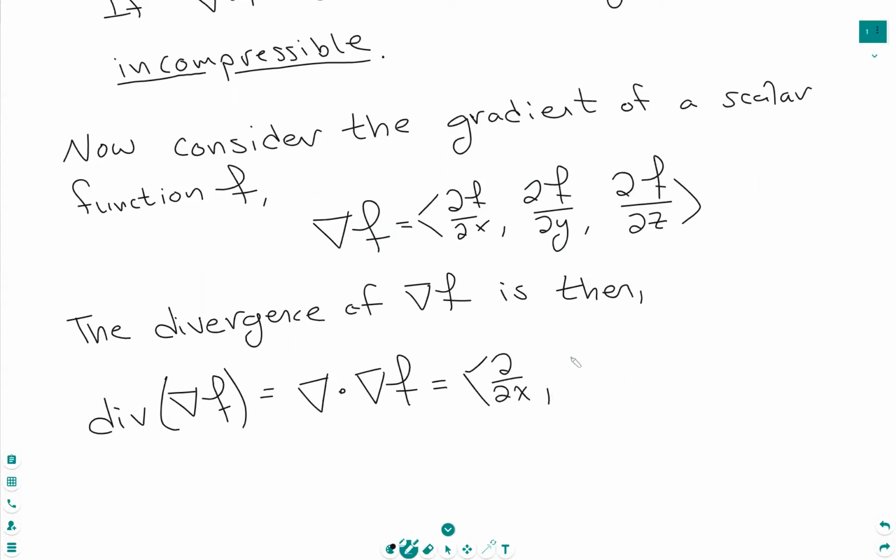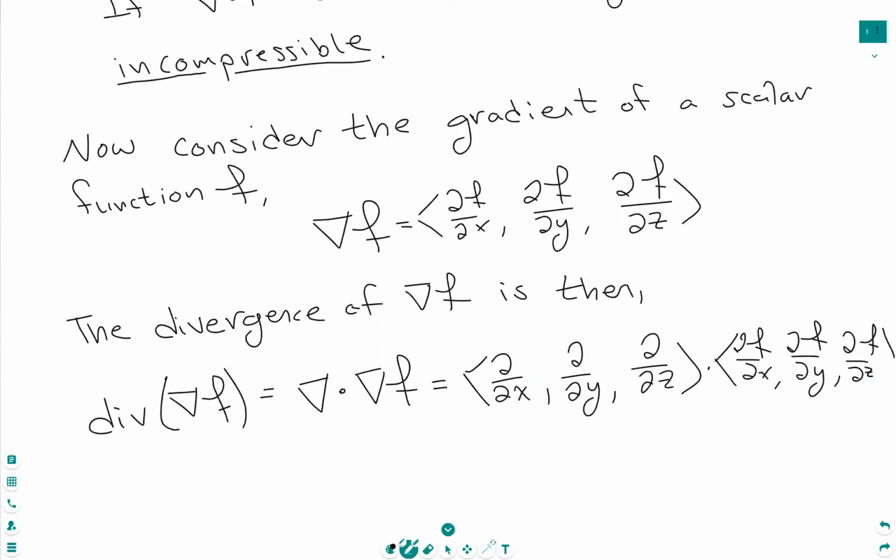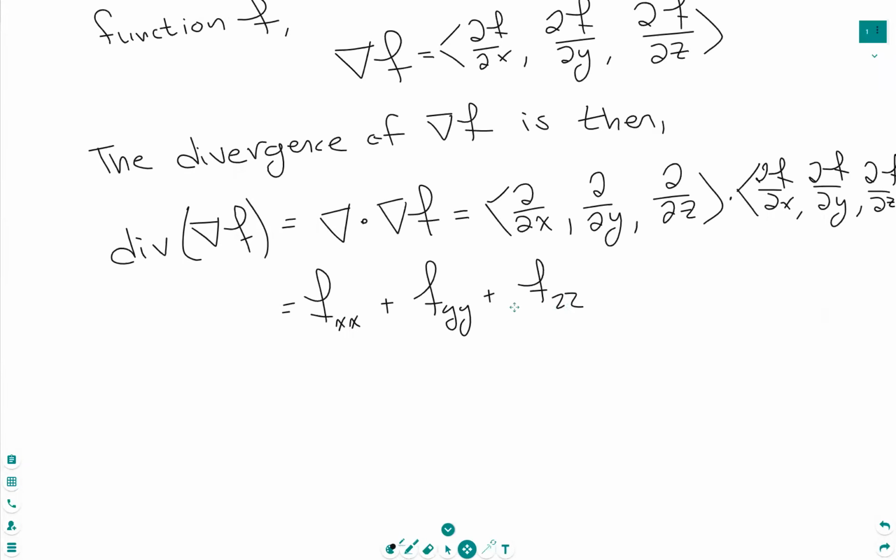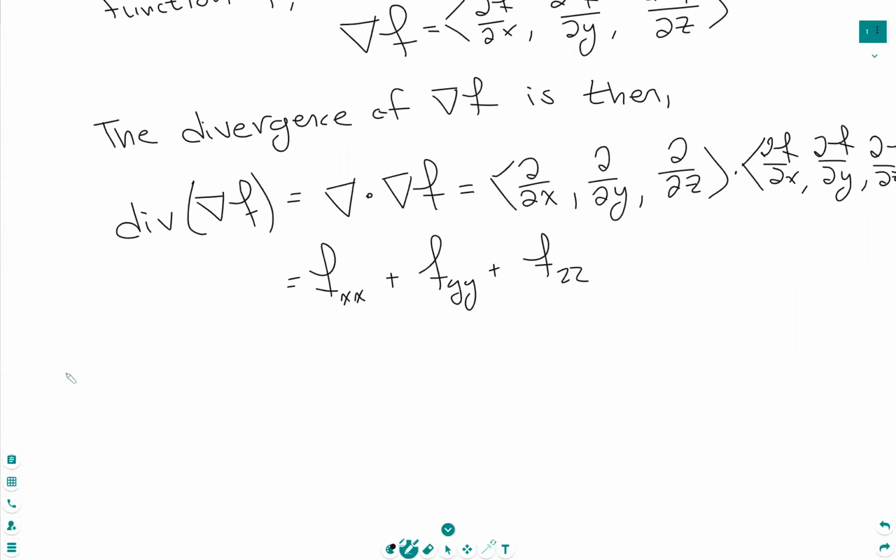So this is partial x, partial y, partial z, dotted with our partial f partial x, partial f partial y, and partial f partial z. In other words, we could write this as the second derivative in each dimension, so we have x, y, and z all added together. This operator shows up a lot. We're not going to talk about it too much in this class, but in physics, wave flow, this comes up very, very often. So we introduce the operator